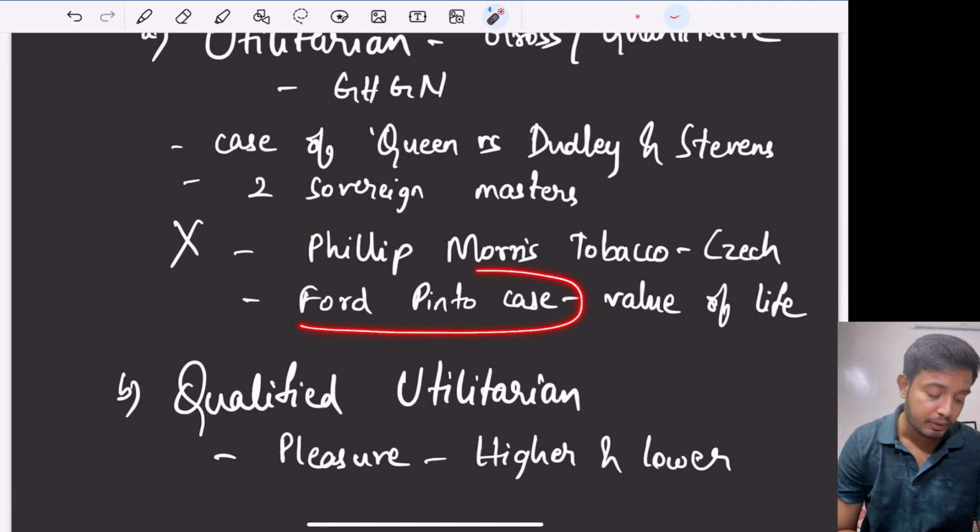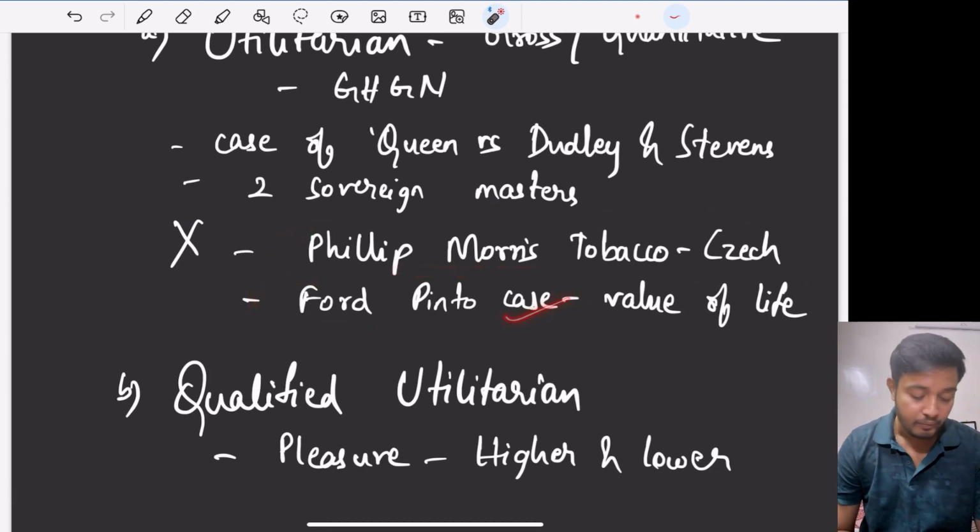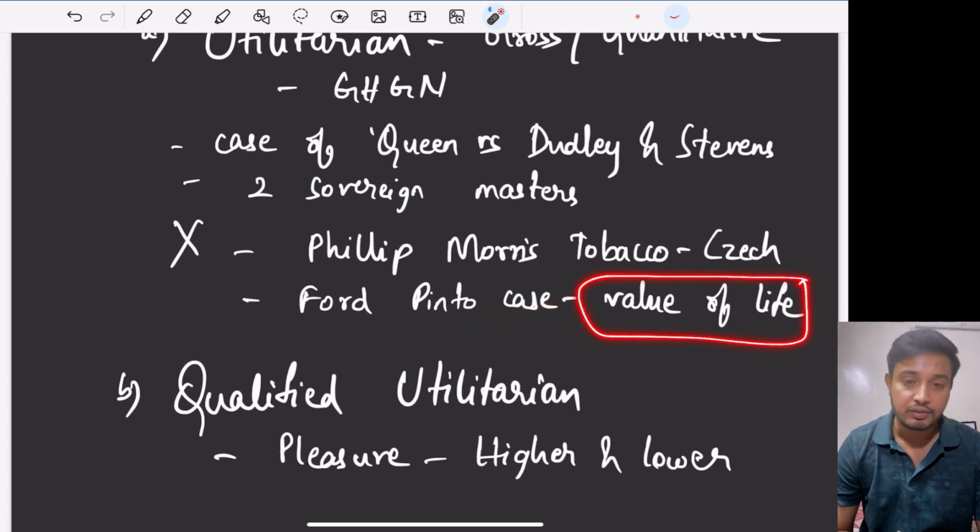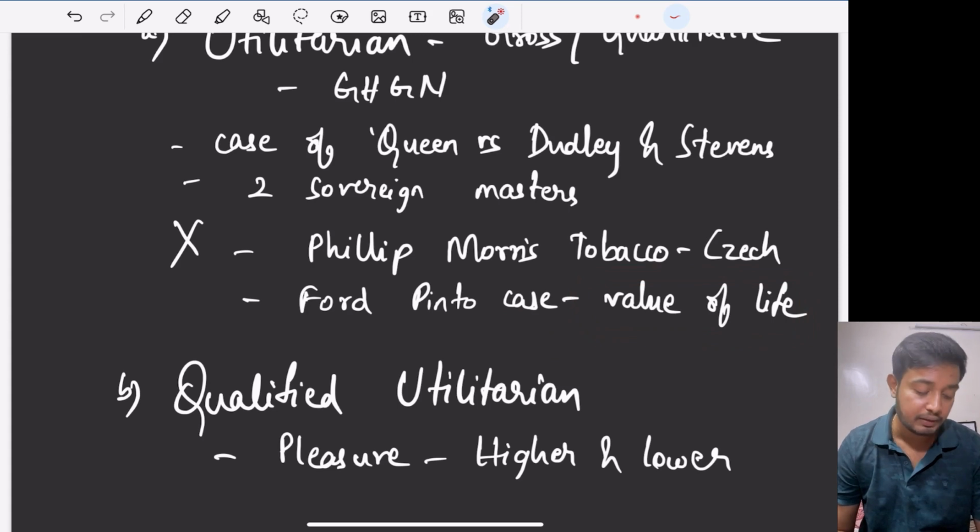And again, the Ford Pinto case also. Even while manufacturing the car itself, they know that there is a defect in the car. They know that some people are going to lose their lives, so they inculcate the value of life also into the cost of making the car itself. And they argue that